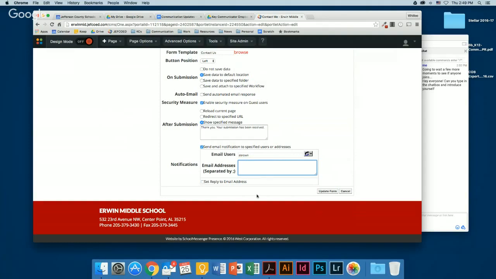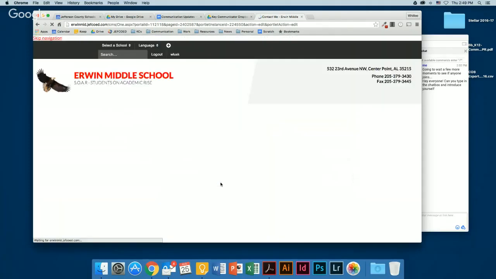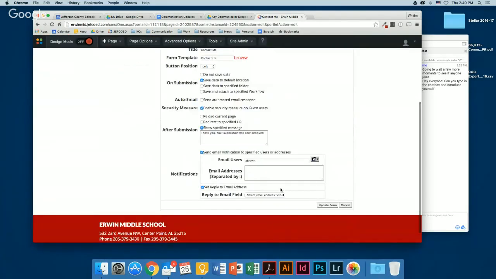And then the set reply to email address. I've got to clarify exactly what this means. I think that it means that when you reply, your reply field is to the email, and you put the email right here. But I'm going to confirm that with everybody.